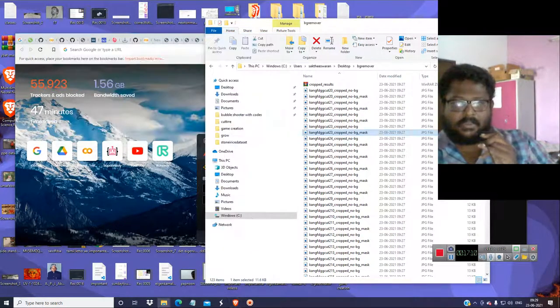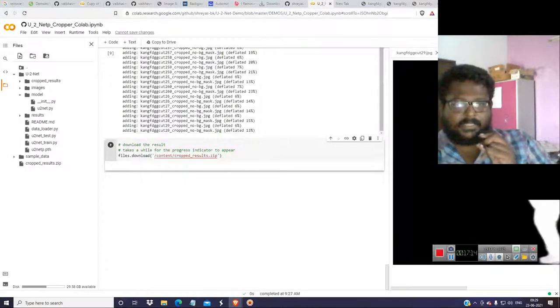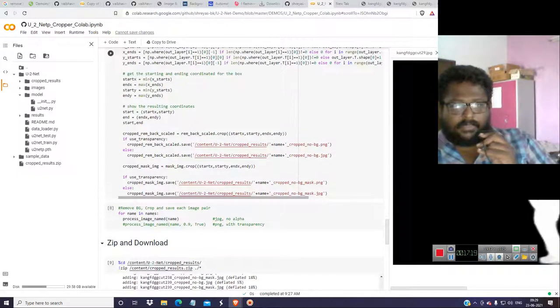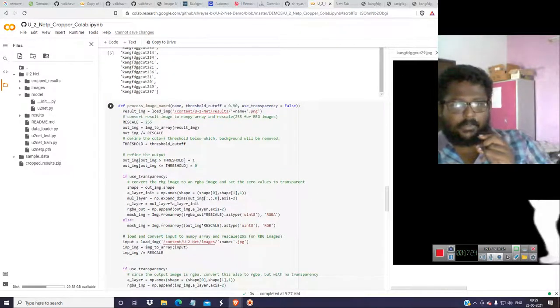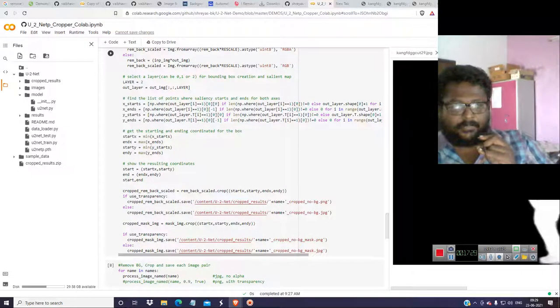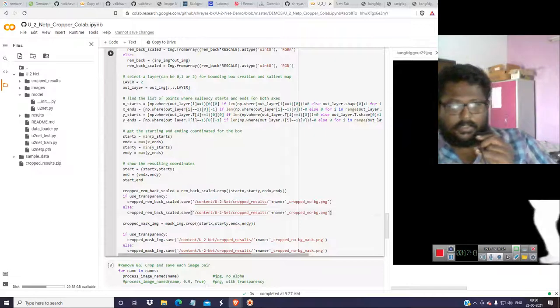These are JPEG images, so we have to convert them into PNG images. What we have gone so wrong with here is that we have not converted them. These should all be converted into PNG. Everything should be in PNG. We don't need JPEG because we need a transparent background for these images.